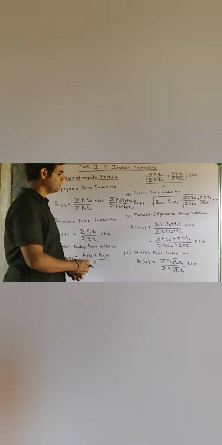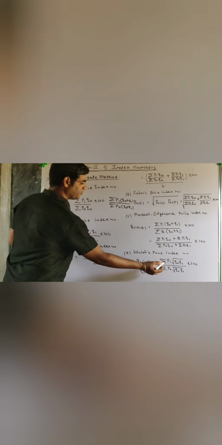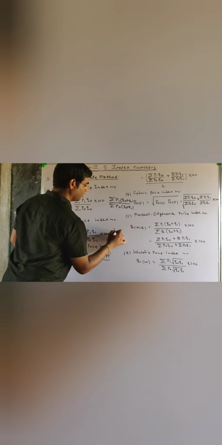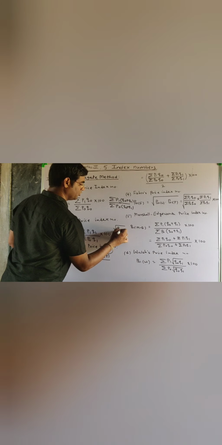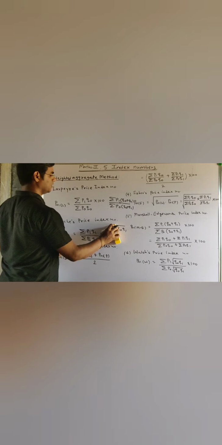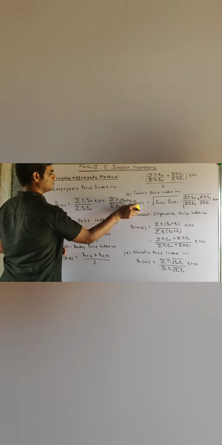Walsh price index number. In the Walsh price index number, the prices of the current year and base year are multiplied by what? Under root of Q0 into Q1. So basically, in the weighted aggregate method there are 6 types